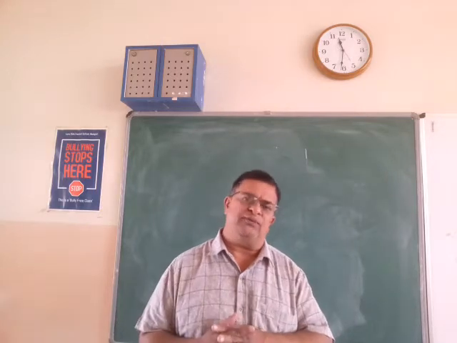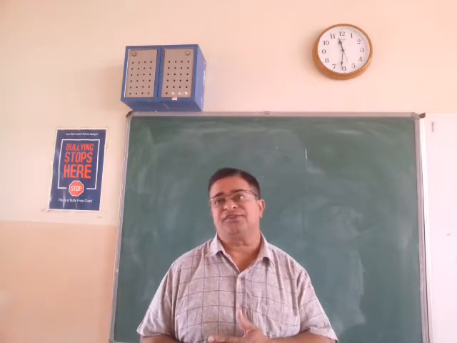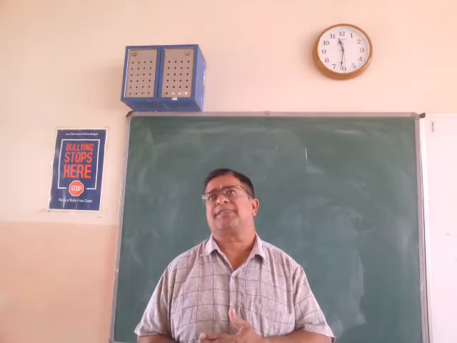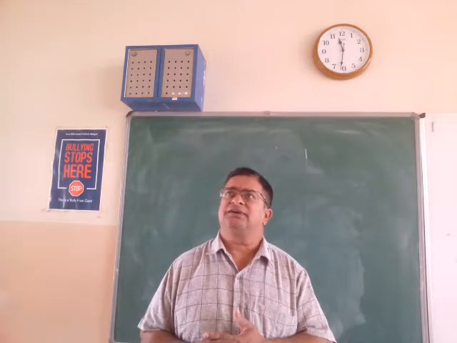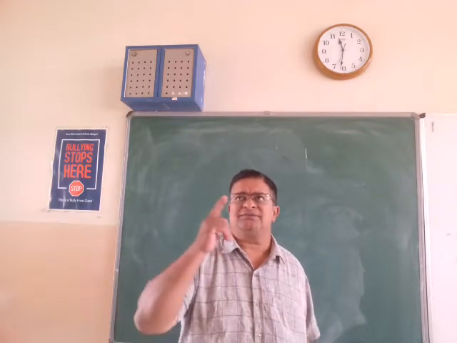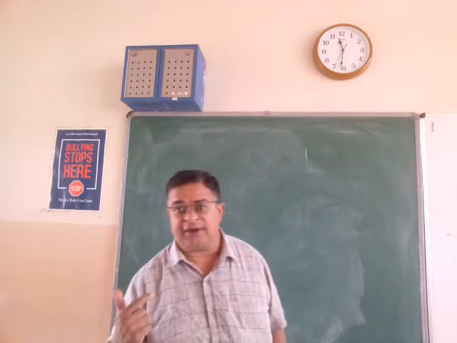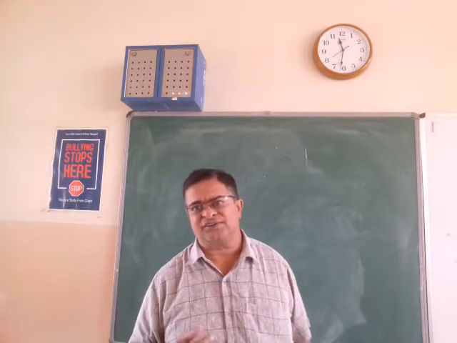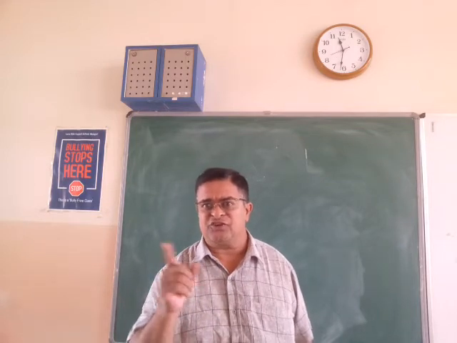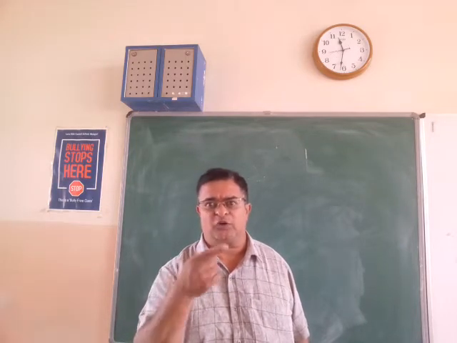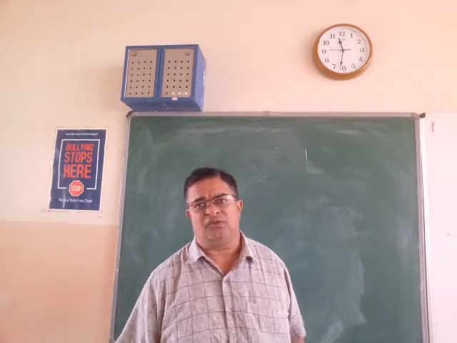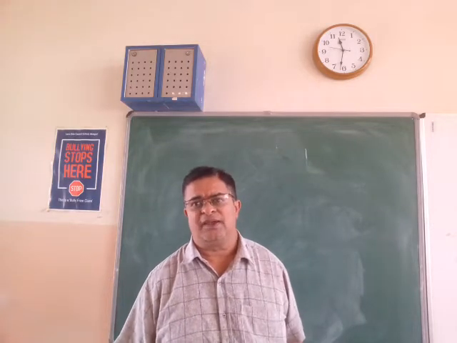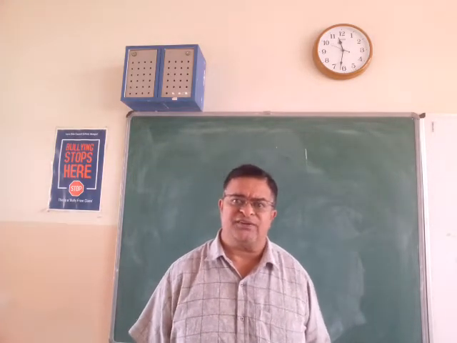And one more thing I forgot to tell you all. I told you the magnetic field lines around a straight conductor are in the form of concentric circles. And what is the direction of these concentric circles, whether it is clockwise or anti-clockwise? For that you have the right hand rule. And what does this right hand rule state?